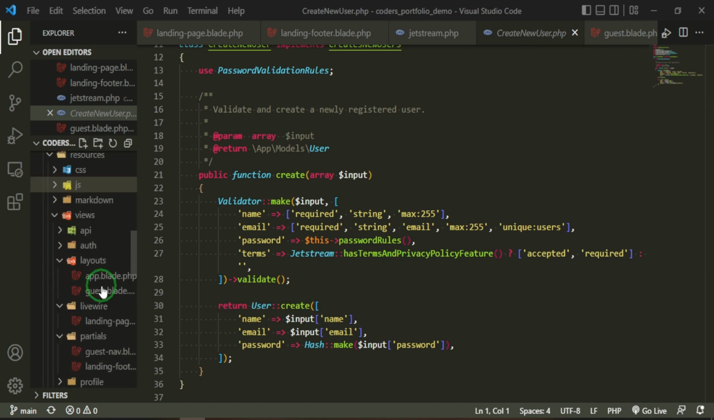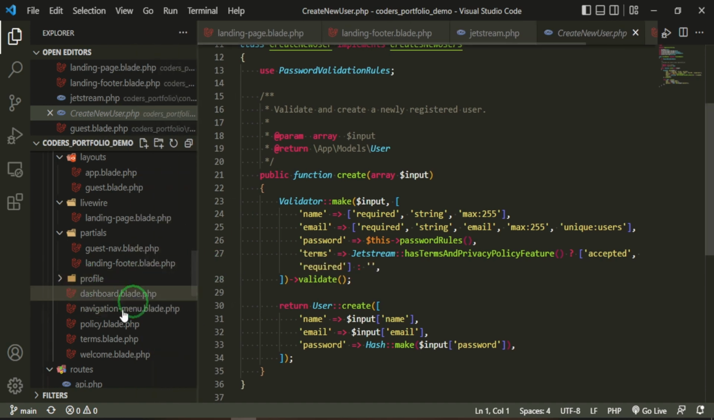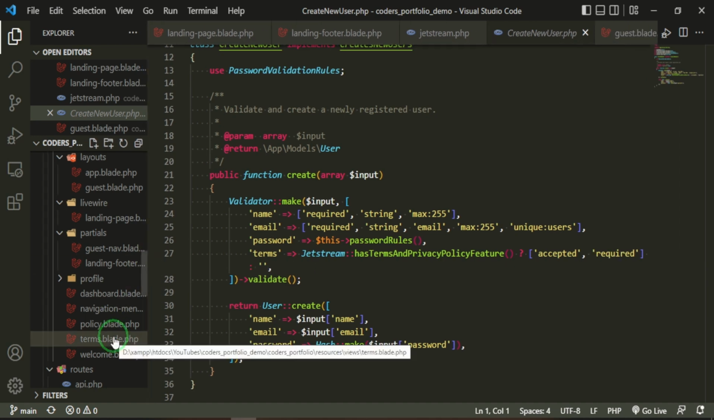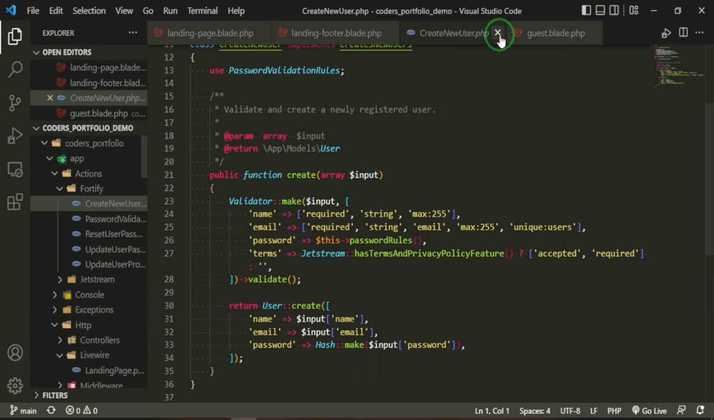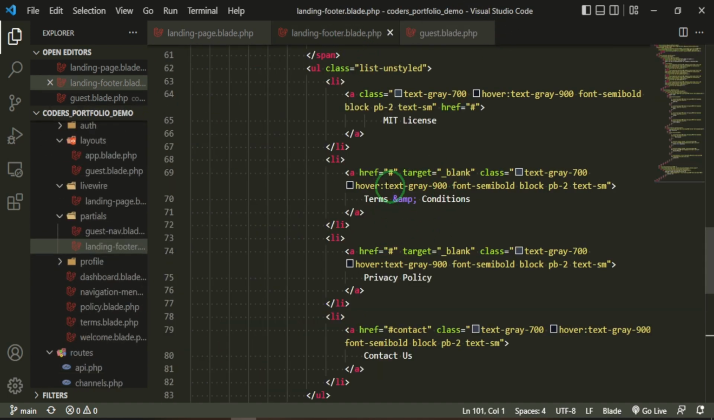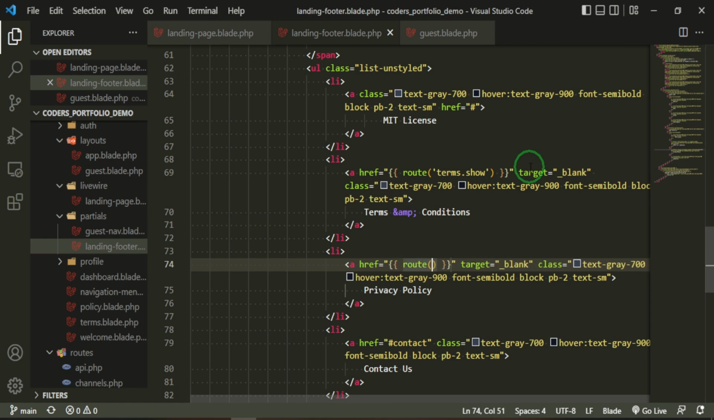So if you go down and take a look at the different views that we have here, you see there's a policy blade and a terms blade, and that's already taken care of for us. We can style it. We can do whatever we want. We're not doing it for the demo, but that's where you would find those pages. Okay, so I'm going to go ahead, close this, head back to this, and now we can just use the routes to those. So for the first one, it's going to be route, terms, show, and then for the policy, it'll be route,